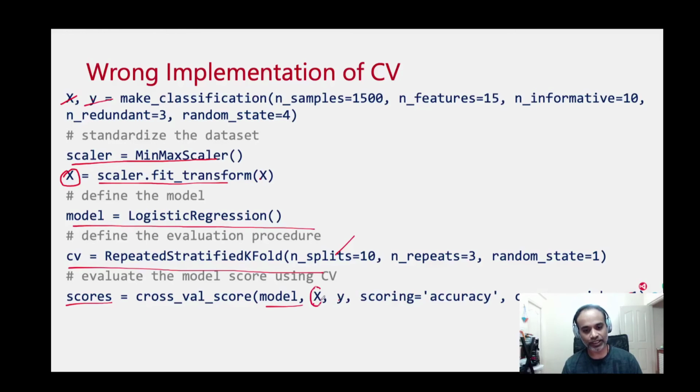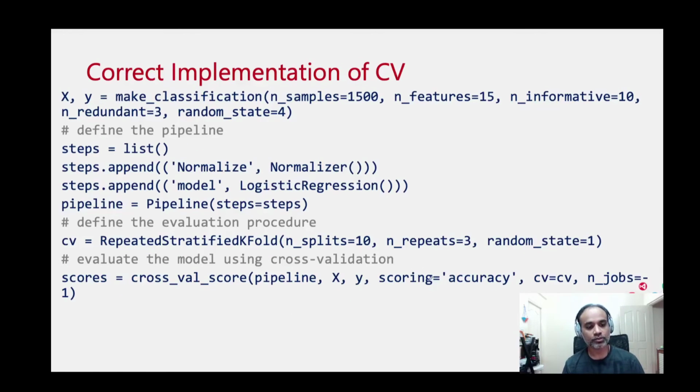But this X already has information that I calculated from the test set also, because though cross validation splits, that held-out part is already carrying some information. So it is an issue of data leakage. So the best way is